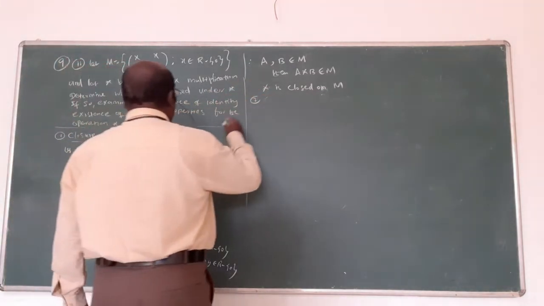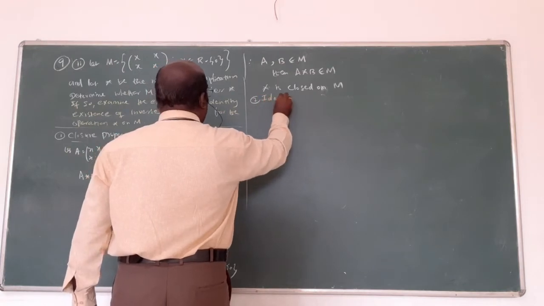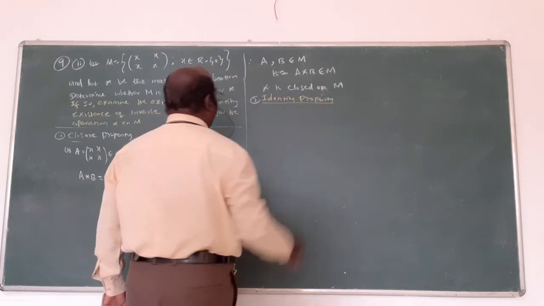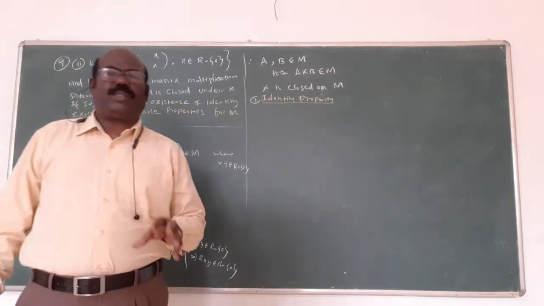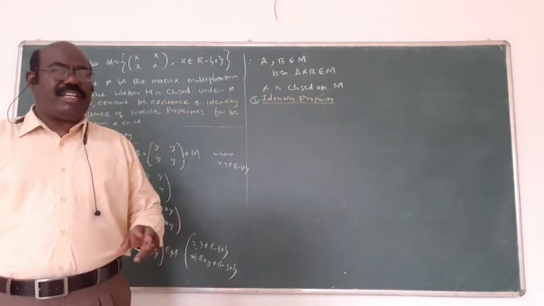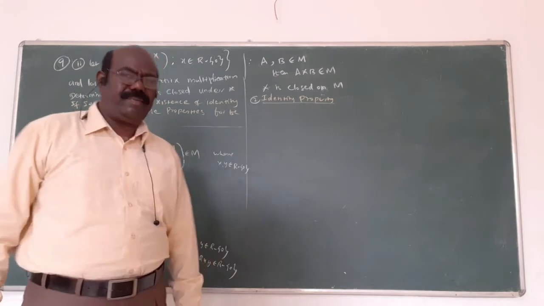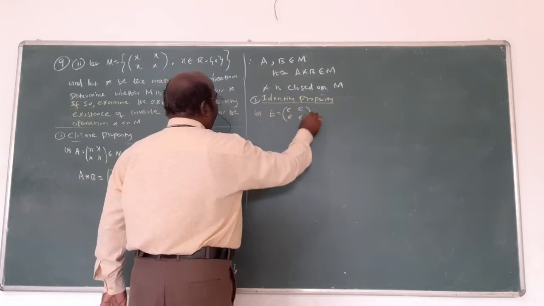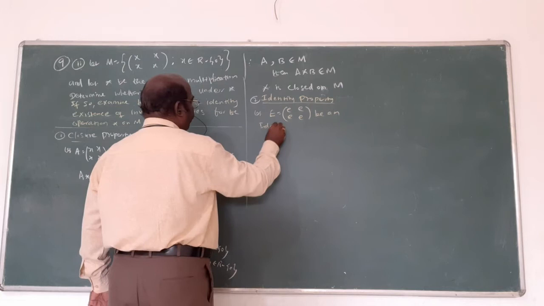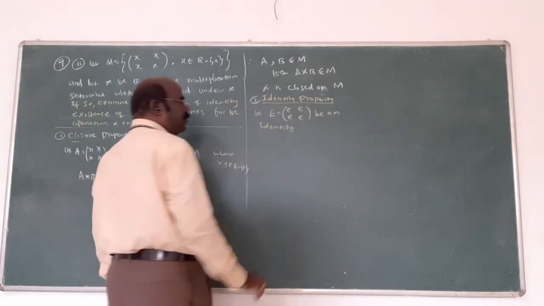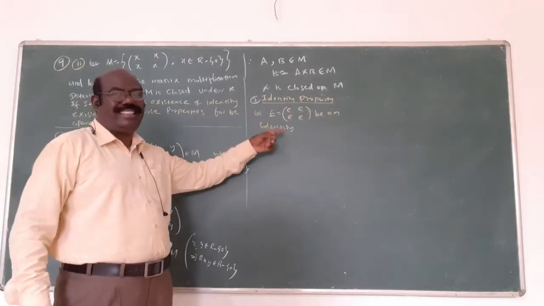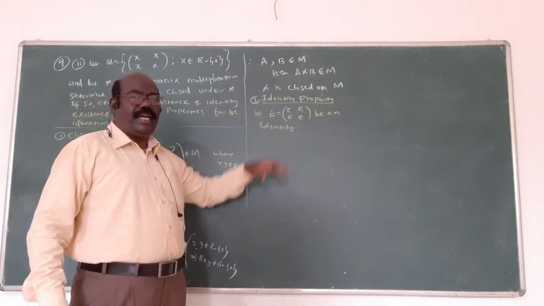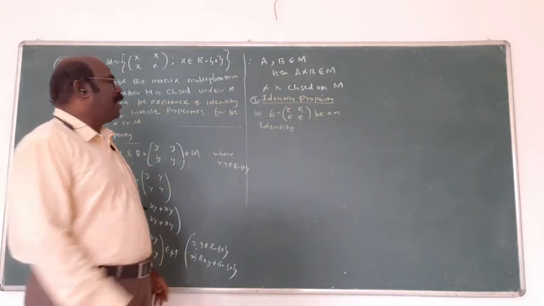Now next one is what? Identity property. Already I told you, this type of problem, it is not possible to get the identity property directly. By the definition, you will find the identity. I want to assume E equal to the identity element. Capital E, because this is a matrix. That's why you always assume a capital letter, which is equal to the matrix with four elements inside the bracket, E. Okay? What is the definition?